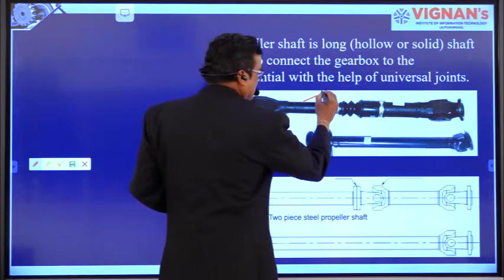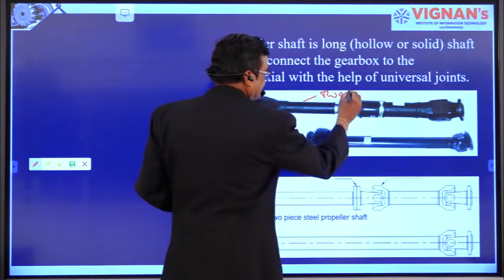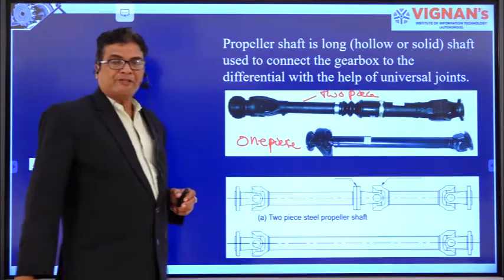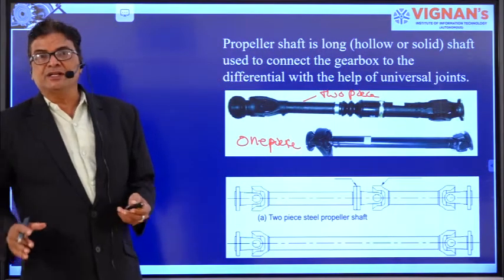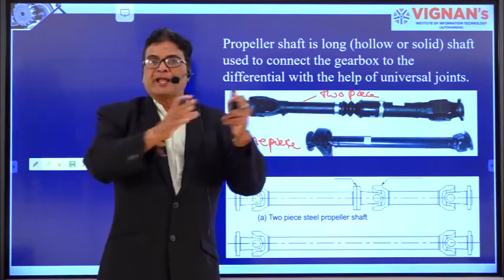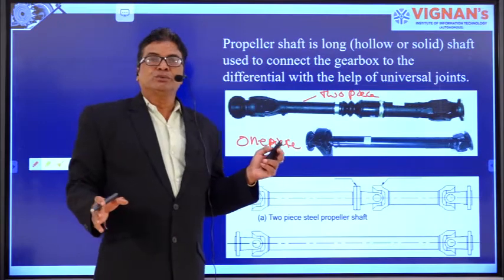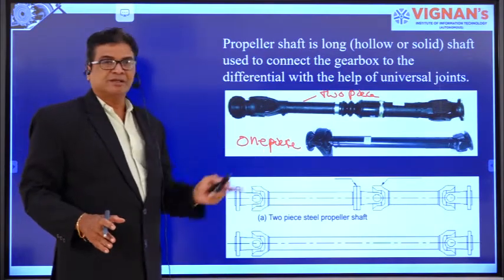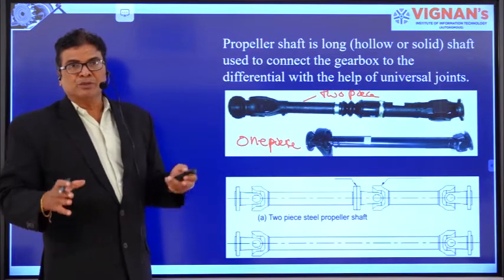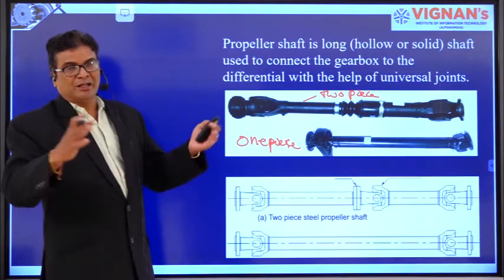This is a two piece propeller shaft. That means when the distance between the gearbox and the differential is comparable, right, we go for a single piece propeller shaft. That means, say for example, we have to build a large